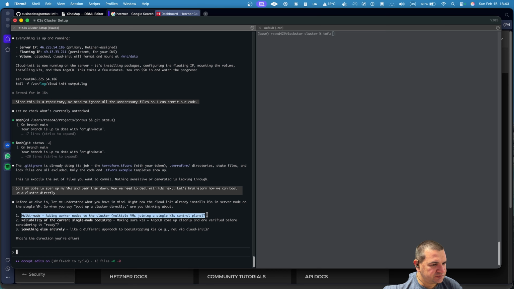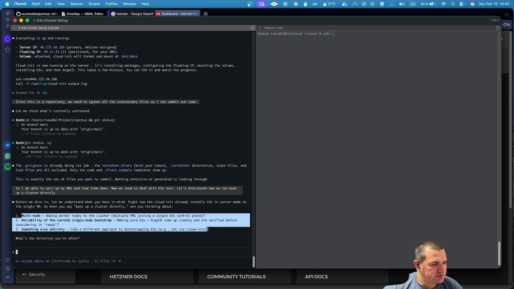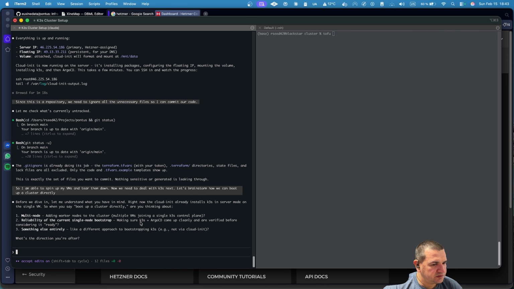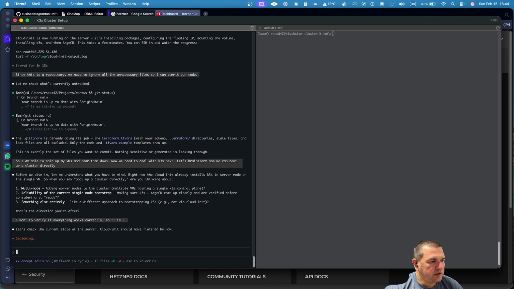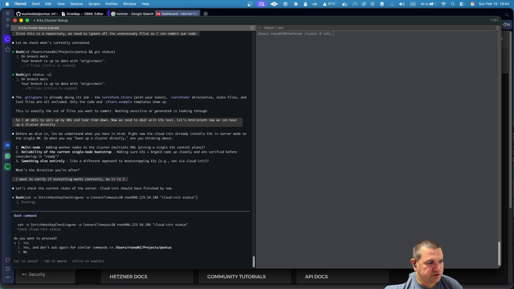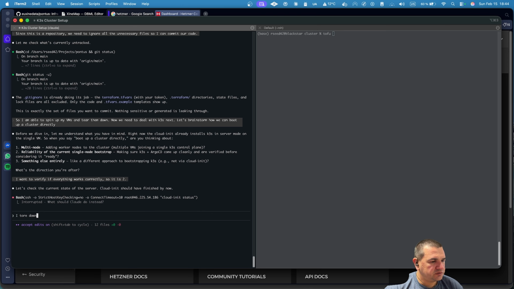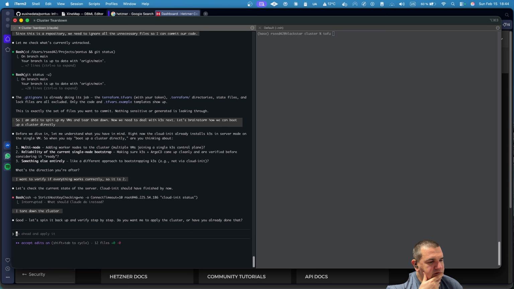Multi-node. Something else entirely. Well, actually, that's number 2. I want to verify everything works correctly. So it is 2. And the cool thing is this agent can actually verify it for me. I tore down the cluster. So yeah, it should probably, yeah,